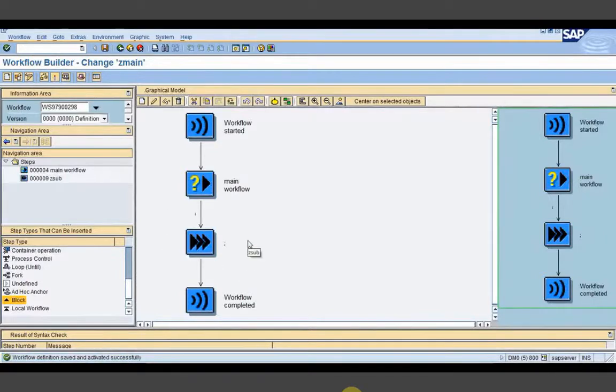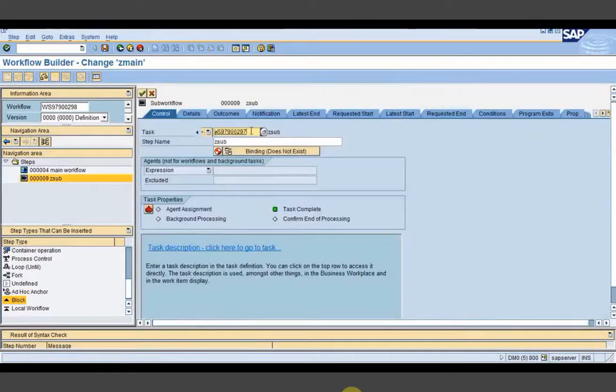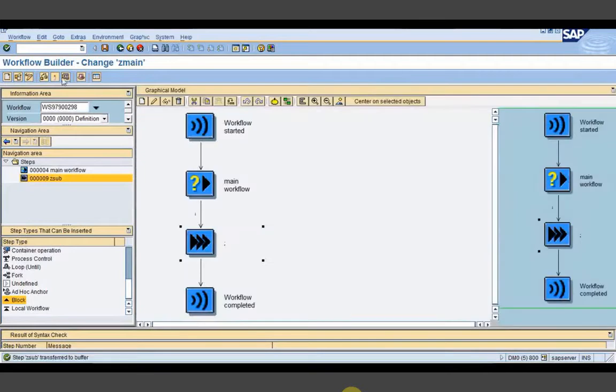You can see here I have created one serve workflow with the help of this activity step, and the symbol you can see here, it is 3 triangles. So this actually implies that this is a sub workflow. When you double click on it, you can see here in task number I have provided the workflow template number. So you just need to provide this workflow template number, and if you activate and test it,